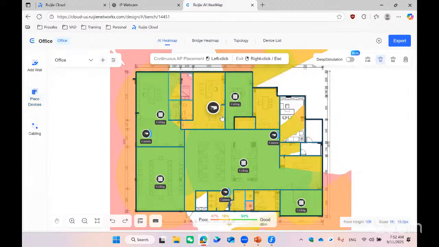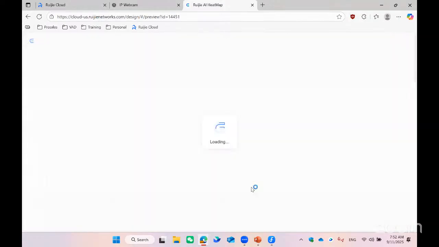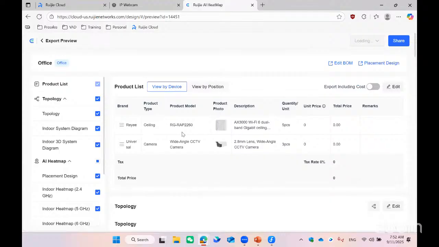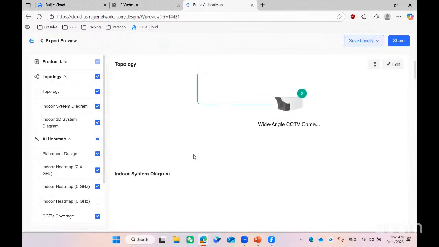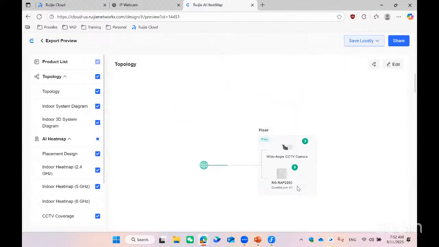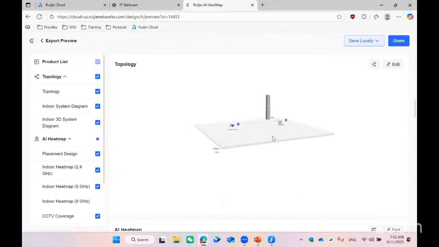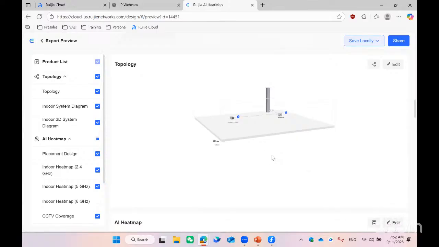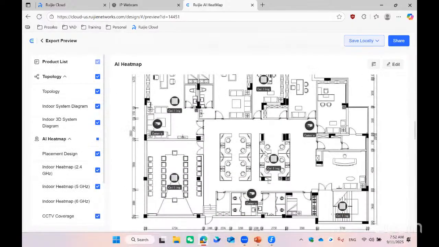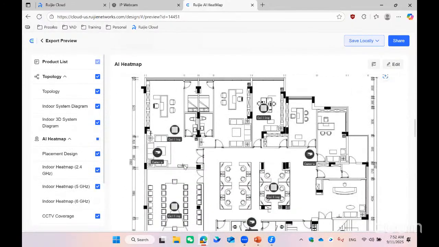And I say, okay, I just select export. When I say export, it gives me the topology, the bill of materials, as you can see here, how it's connected, everything. Maybe if you have different kinds of floors, a building or a school or an office, maybe you have one floor, second and third floor. I don't know how many floors you wish. Also, you can add the switch and the router. It gives you a report that you can send to your customer,